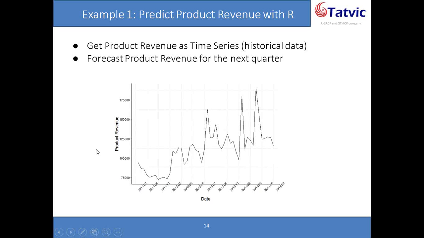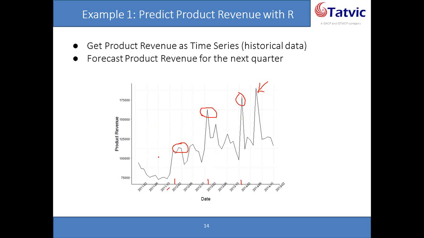Now, if you look at this data set, I wanted to highlight one very important thing: there are certain peaks. This peak corresponds to December of 2012. This peak corresponds to December of 2013. And then there is this peak which corresponds to December of 2011. And there is one more peak, but this doesn't seem like a cyclic spike. This is more of an anomaly that you may see.